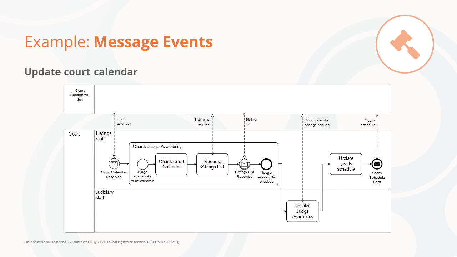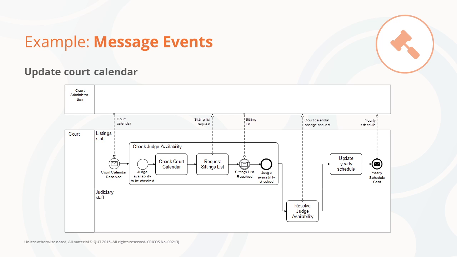Let's consider as an example this model which captures the process that takes place between a court and the court administration for the scheduling of the court calendar. The process starts upon the receipt of the court calendar by the court listing staff, who checks the calendar and requests the sitting list from the administration. Once the sittings list is received, the judiciary staff resolves any issue with judge availability. Then the listing staff can update a yearly schedule, upon which the schedule is sent to the court administration and